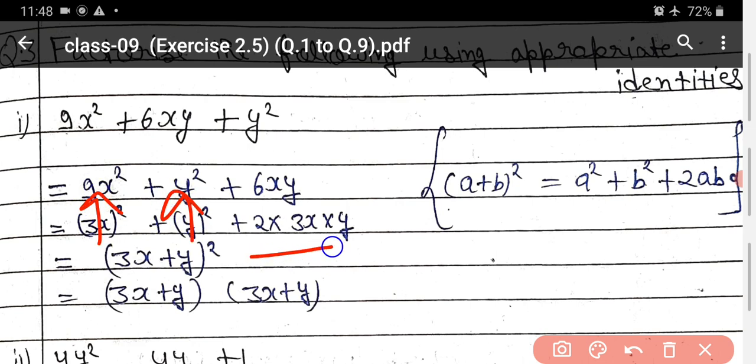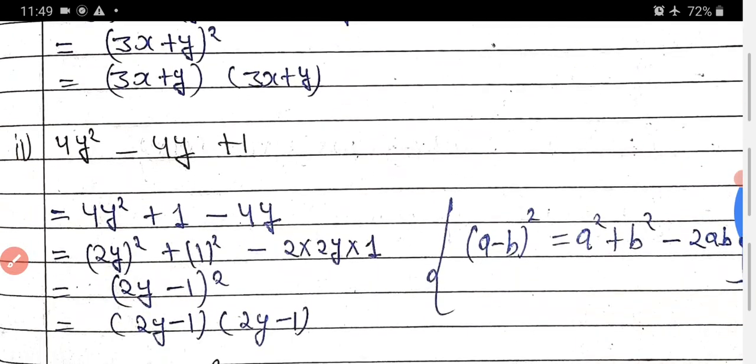Now 3 times 2 is 6, and 6 is equal to this. So it is the form of which formula? a plus b whole square. So write here a, that is 3x, b, that is y, (3x plus y) whole square. Whole square means multiply, so you have to write it 2 times. It is your final answer. Okay, so it is a very easy method, but it is possible only when you remember that formula. Okay, now come to the next.